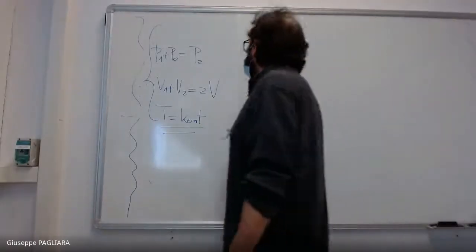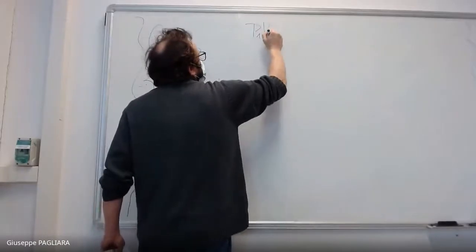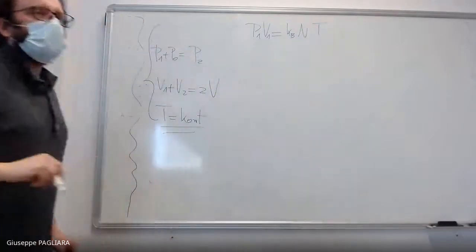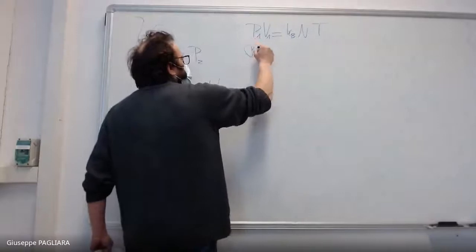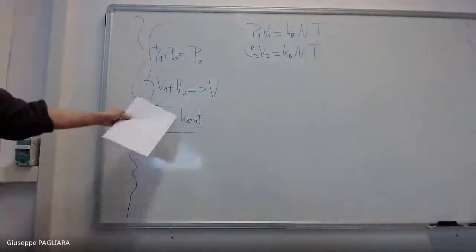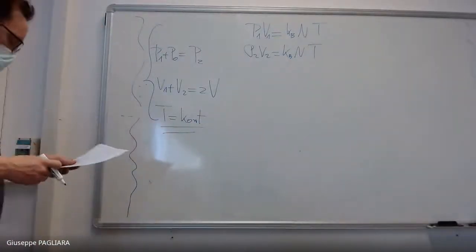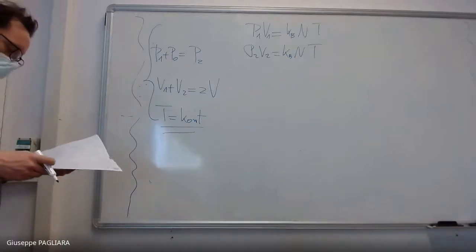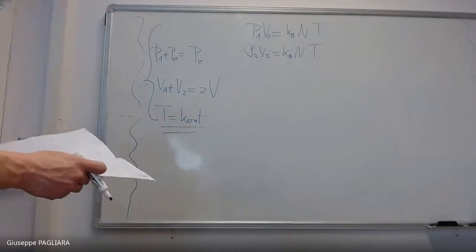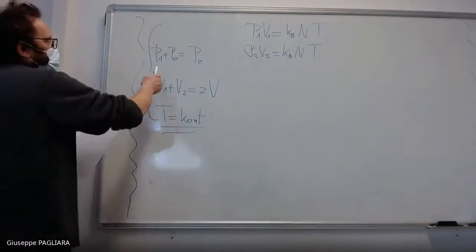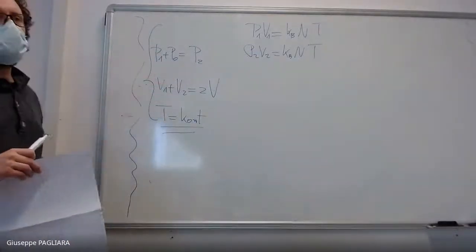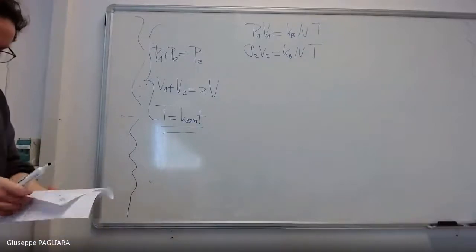So now I can just use the standard law, P1 V1 is equal to kB T. I just write T because the temperature is always the same. P2 V2 is equal to kB T again. Now this is a system that can be solved. Again, you must do some algebra. It is a little bit long, that's why I'm not going to repeat those calculations, but you can find from this equation, since pressures are a function of V1, now you have two equations and two volumes that must be computed. So if you do the algebra,